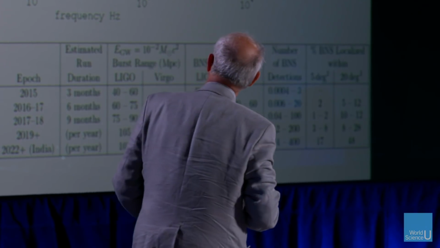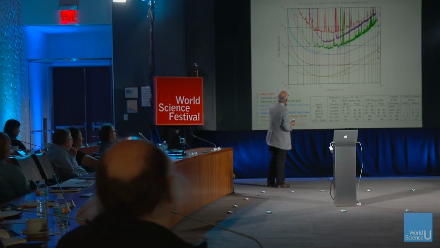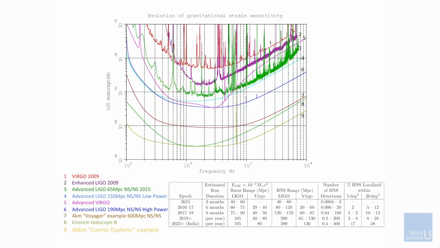And it turns out that same technology was later applied, and that's the green curve, which is the advanced LIGO curve. And that is a real curve. That is, in fact, the performance of the detector that made the detection you're going to hear about in a few minutes. Now, the curves that follow, you can see something already in that curve. That turquoise curve, which is below the green one, is where we ought to be with all the things we have. So we know we have a mystery noise.